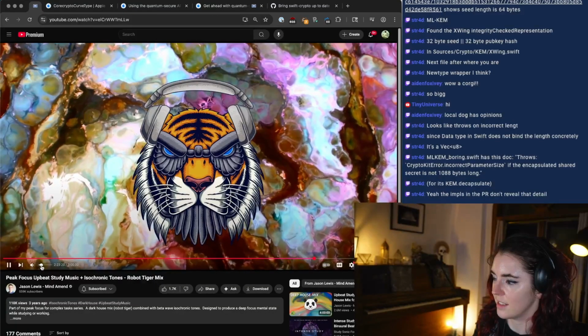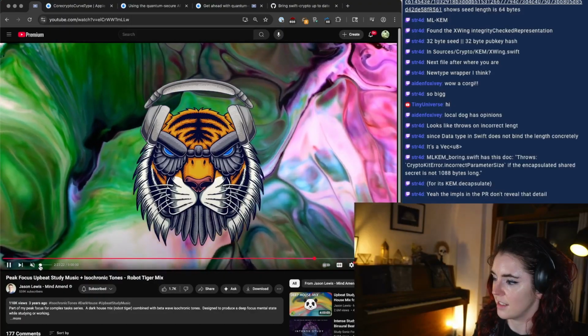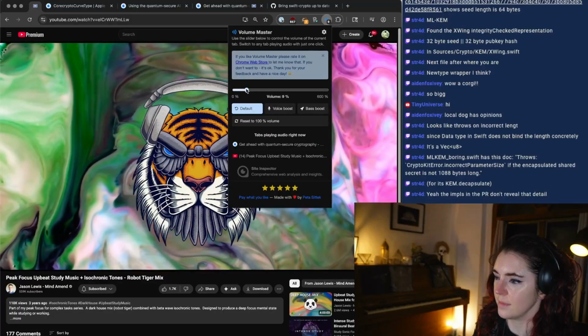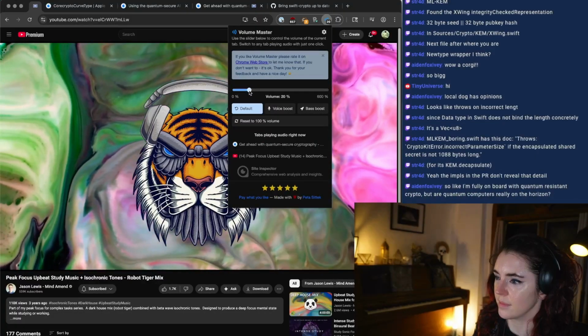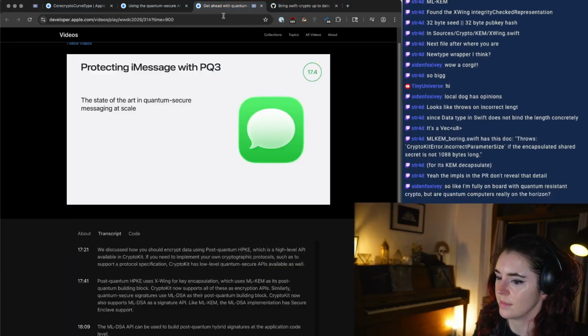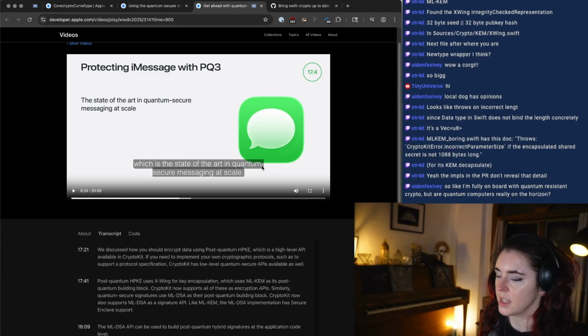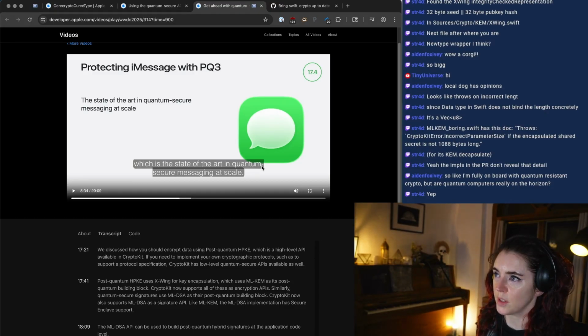Protecting against this attack is so important that Apple has already done this for iMessage. iMessage protects sensitive user conversations sent over the network. To get ahead of quantum attacks, in iOS 17.4,